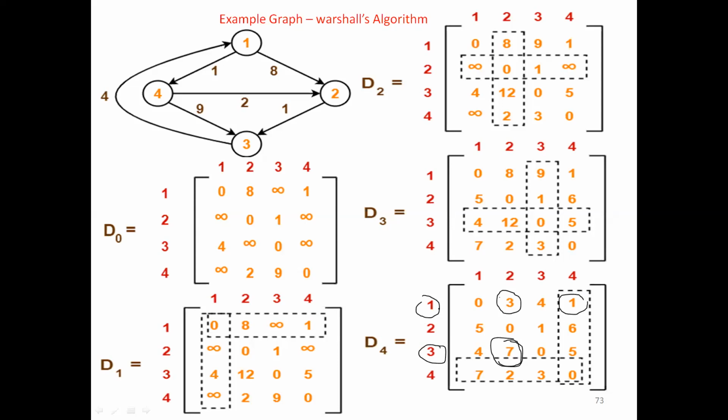So from this, I can get the cost of each and every edge from 1 to all other vertices. When I take vertex 1, I can reach all the other vertices, so I know all the values. That's what it means. When I take vertex 1, I can reach all the vertices in the graph. What is the cost, the weight for that? This is the weight. When I want to reach from 3 to all the vertices in the graph, what are the costs? This is the cost.